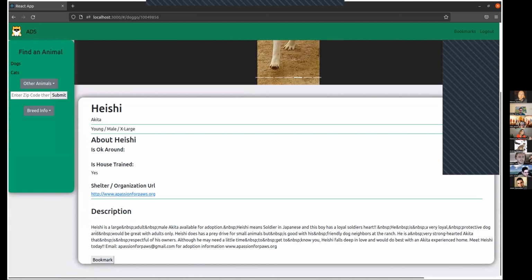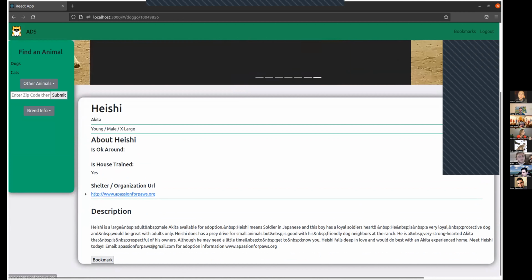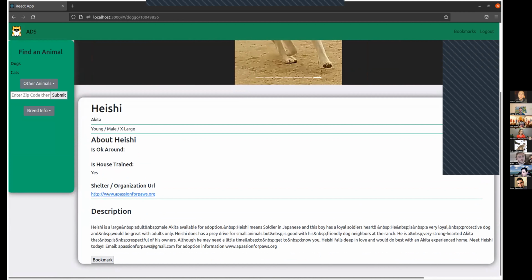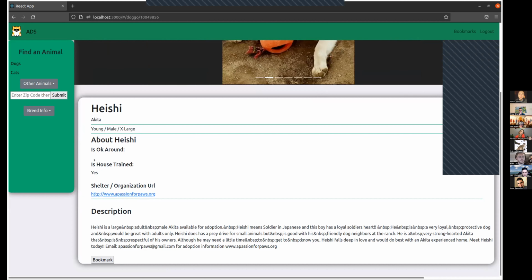Also, for whatever reason, the description tags have this weird HTML syntax, but for the most part, they usually don't have too much. So yeah, you can look at this. If you want to actually adopt the animal, you could follow this link here, and that would take you to the actual shelter's website. You can also bookmark them,